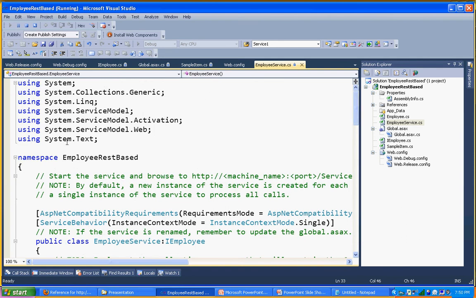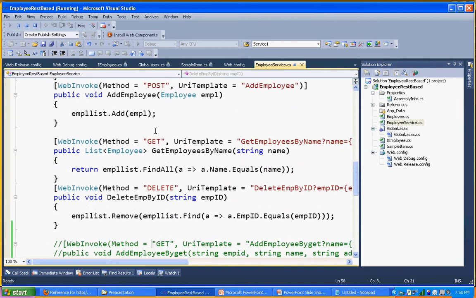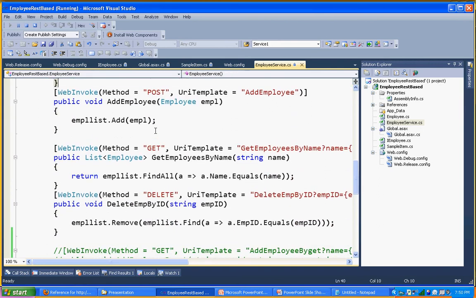To make your service a REST-based service, you need to add these namespaces: System.ServiceModel.Activation and System.ServiceModel.Web.